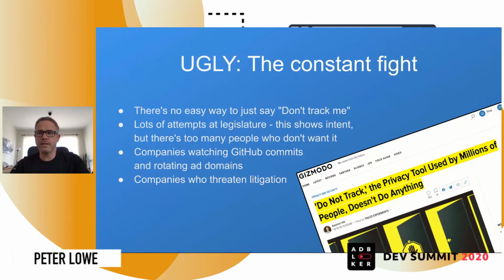The threat of litigation isn't just a problem with regard to the lawsuit. It's a problem because it shows people's attitudes towards ads, and the choices of the end user are not respected at all. It's quite sad and kind of ugly, if you ask me.